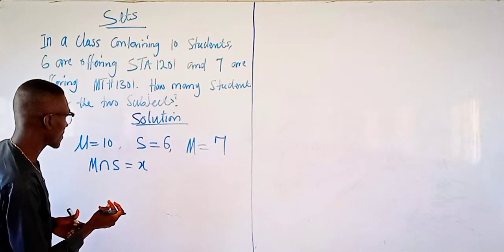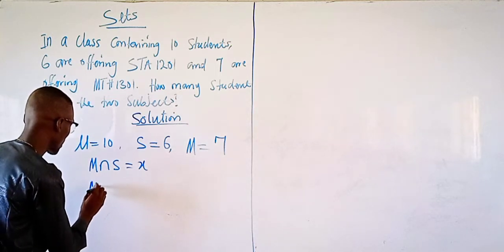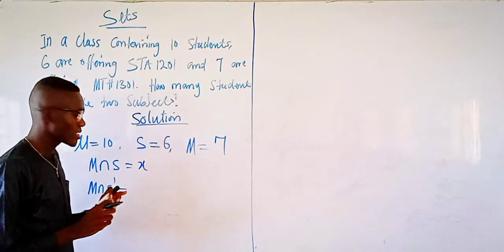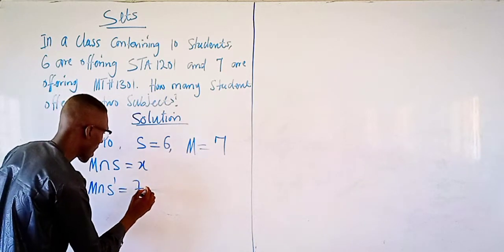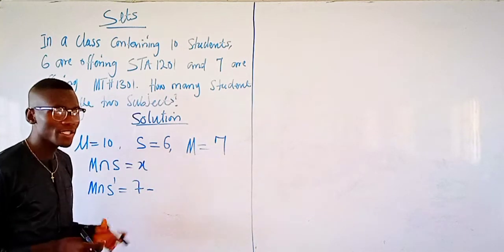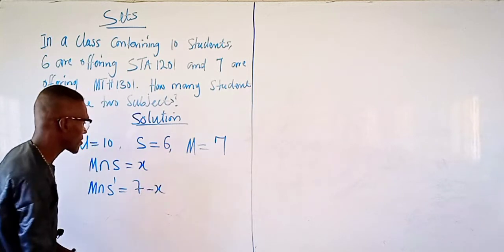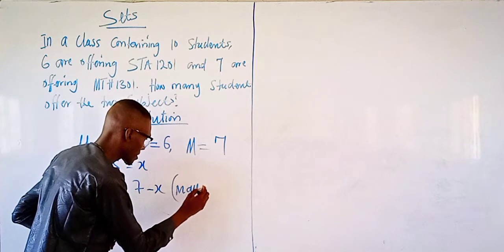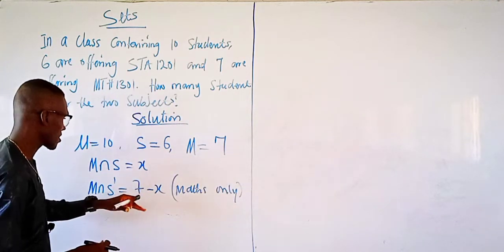Let's draw a Venn diagram first. Let's see what we can get. M intersection S. When I say complement, I mean M alone, right? So for mathematics alone, we have 7, right? I'll subtract the total number of students that I say offer the two. I want to get just the number of students in mathematics. So I will say 7 minus X, right? Which I will call this math only, which means this very point belongs to just mathematics,